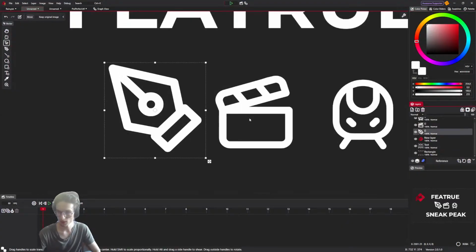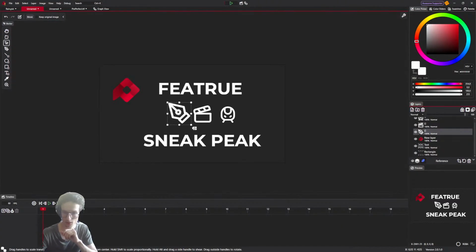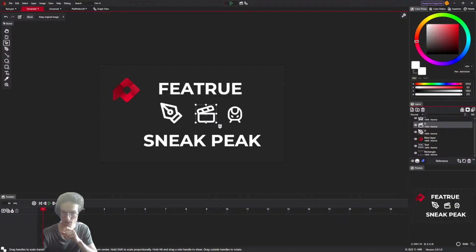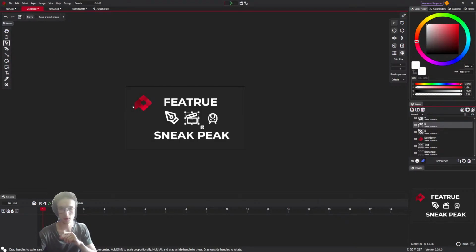You know, the icons, let's make them more evenly spaced. Oh no, disabling this. Okay, maybe no logo.